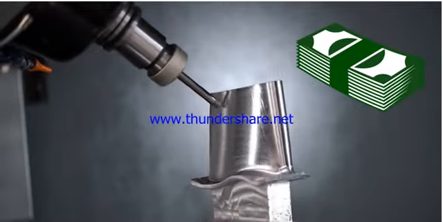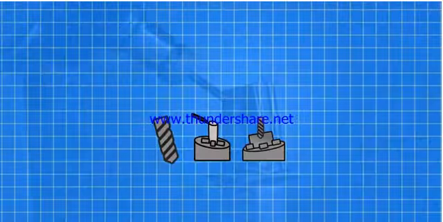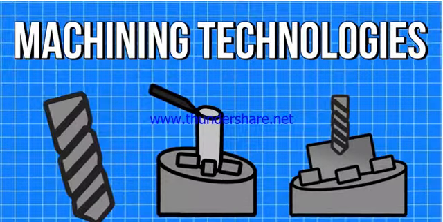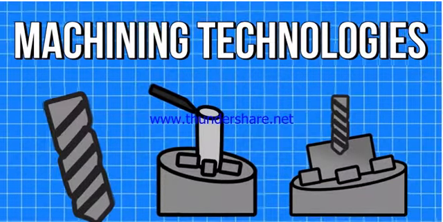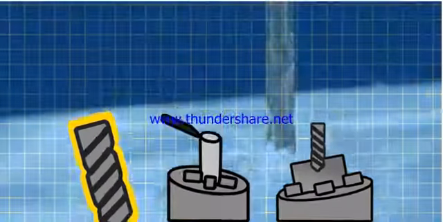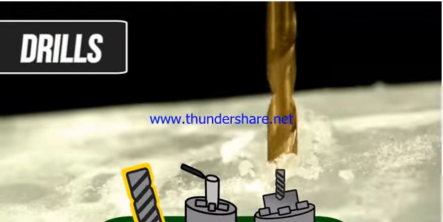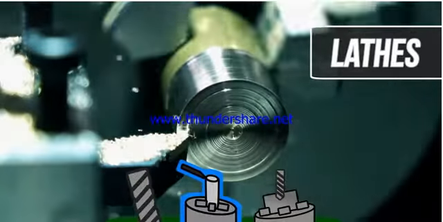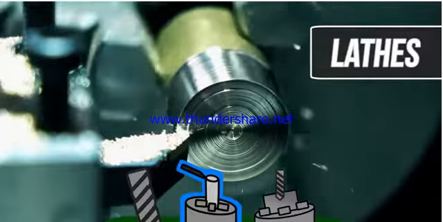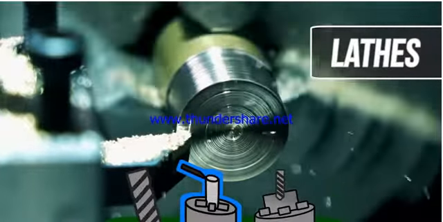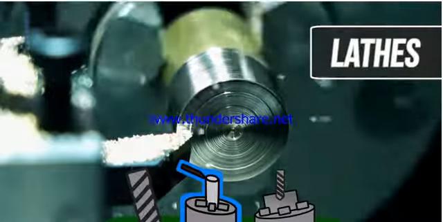standard in many shops. There are 3 conventional machining technologies that you need to understand to grasp the basics of how material is removed from stock in CNC machines. The first being drills. Drills work by spinning a drill bit and moving the bit into contact with a stationary stock. Next, we have lathes, which function in reverse to drilling. Lathes spin the block of material against a stationary drill bit or cutter to remove material in a circular or fluid path. The shape capabilities on lathes are more